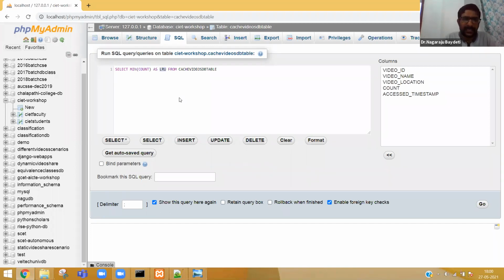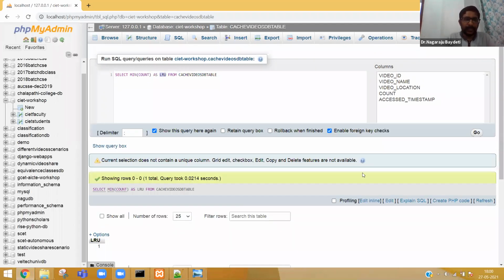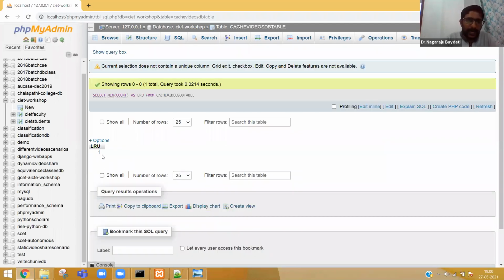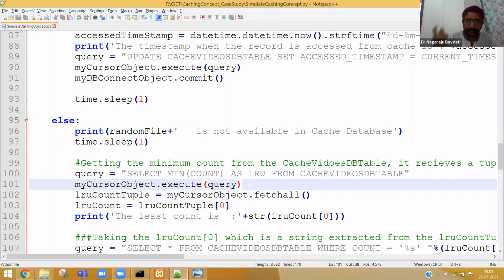LRU means least recently used. From video cache table. Now if I execute this query, clearly it says LRU is 1. That is, minimum count is 1. So we are getting the minimum count. Now we are fetching the result set.